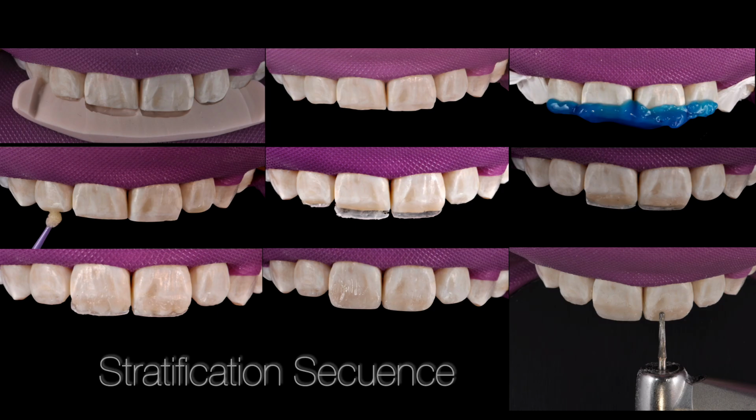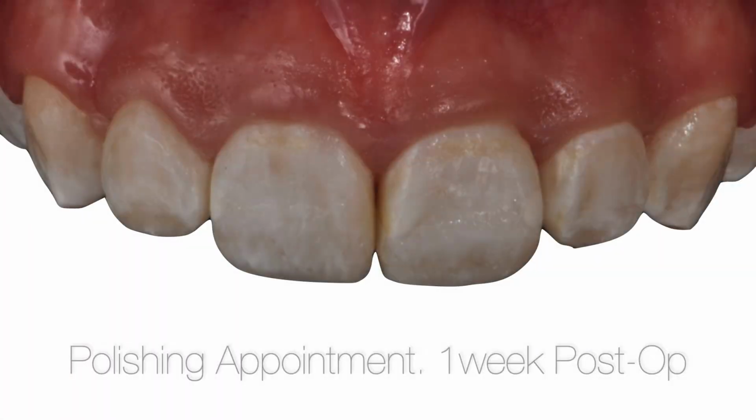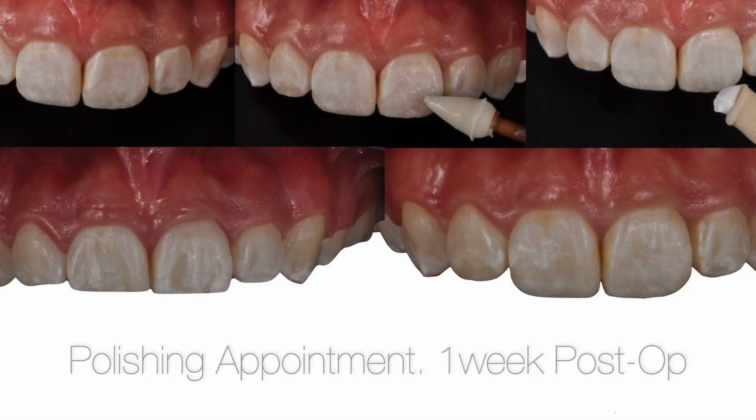But since this surface gets super dry and super white while it is under absolute isolation, we trusted our color selection. For the dehydration, see the difference between the incisal edges and the surface. But we waited for 1 week, and this is the outcome 1 week after the restoration. We give an appointment 1 week later so that we either correct or just polish the restoration. So we did the polishing protocol in this case, and we had the outcome.